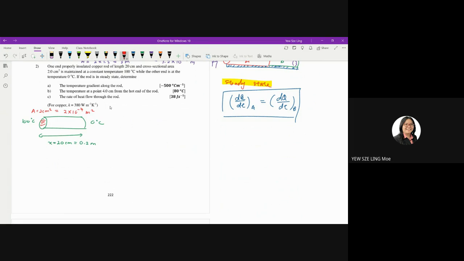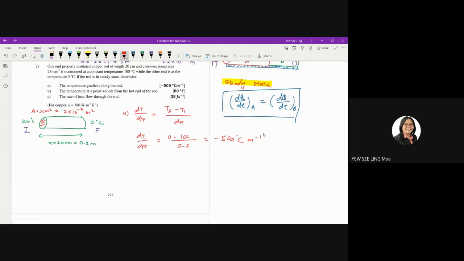Okay, now question A asks you to calculate the temperature gradient. So the temperature gradient equation is dT over dx. So dT over dx can be written as T final minus T initial divided by dx. T final is the cold end, which is here, and T initial is the hot end, which is here. So therefore, the temperature gradient is then equal to 0 minus 100 divided by the length, 0.2 meter, so it is equal to negative 500 degrees C